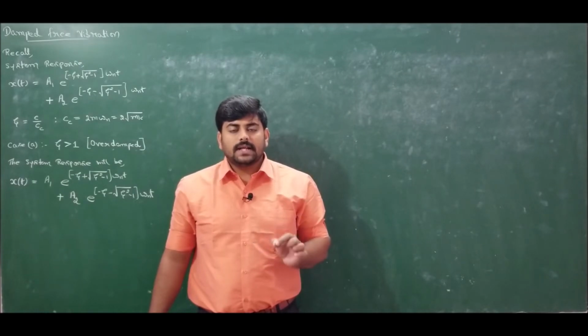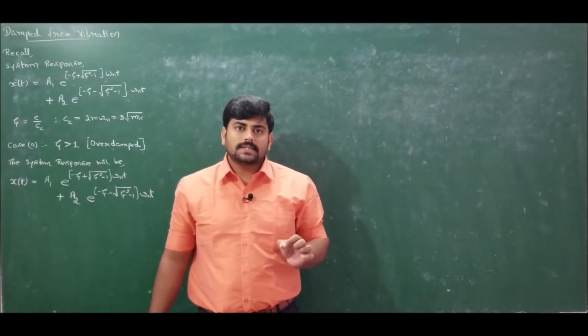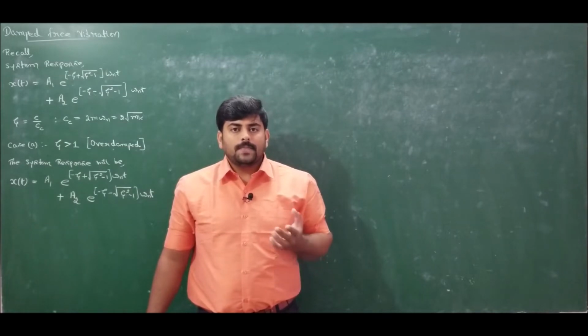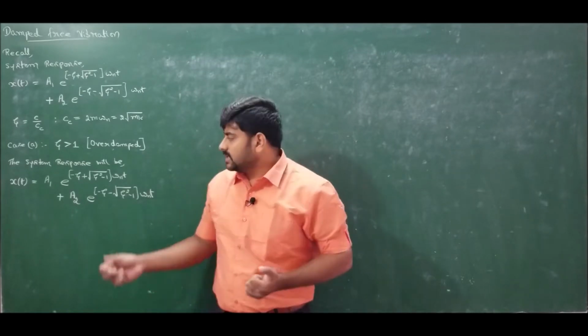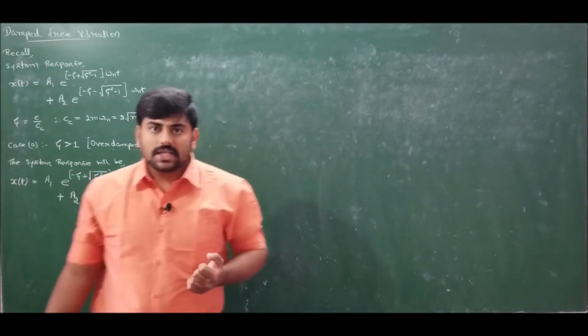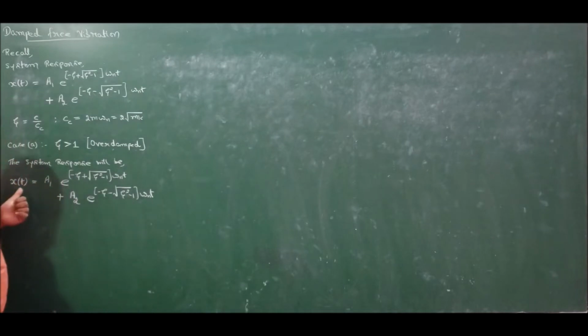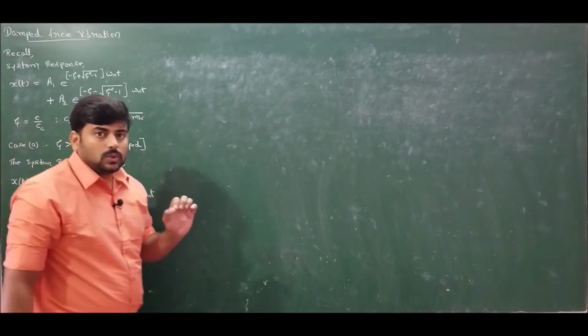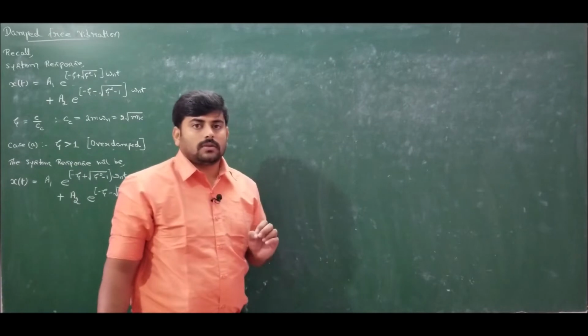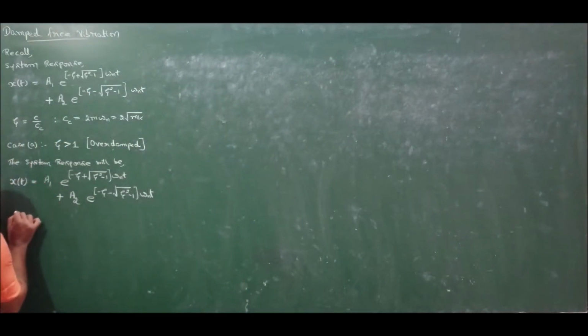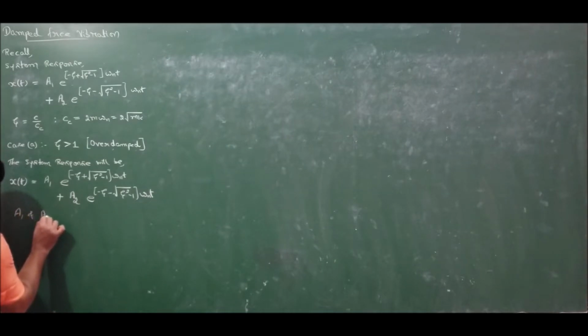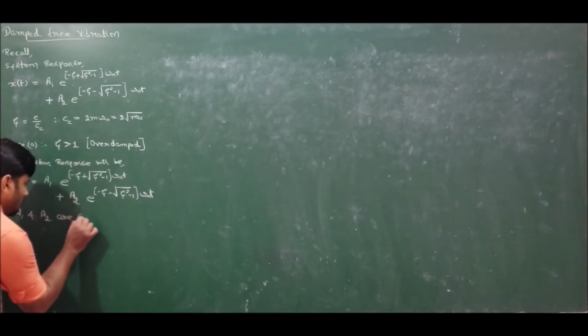Whereas if I specify the conditions based on the system boundary, that is, at a distance x equal to length, what is the strain rate? These conditions are termed boundary conditions. For vibration analysis we want initial conditions, because here the displacement is a function of time. Hence, since we have two unknowns, that is two constants in the system response equation, I want two conditions to solve these two unknowns.